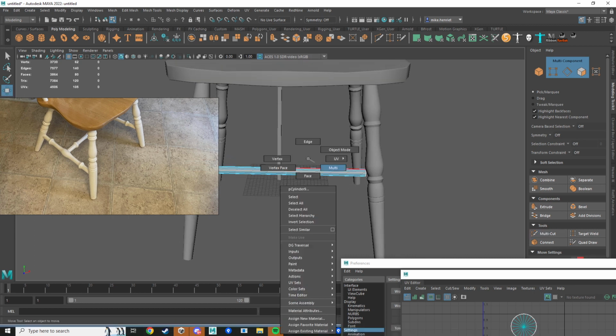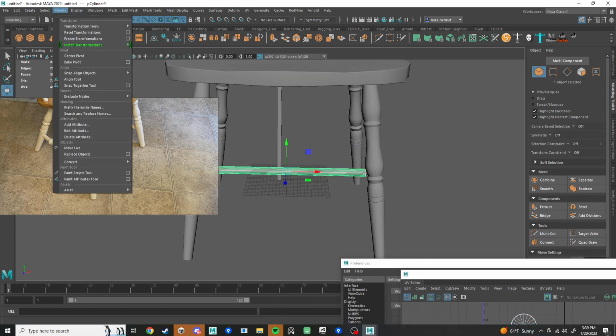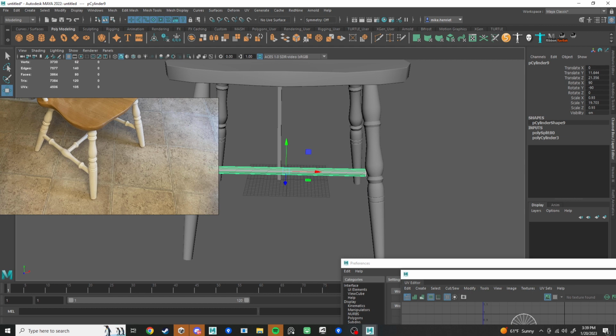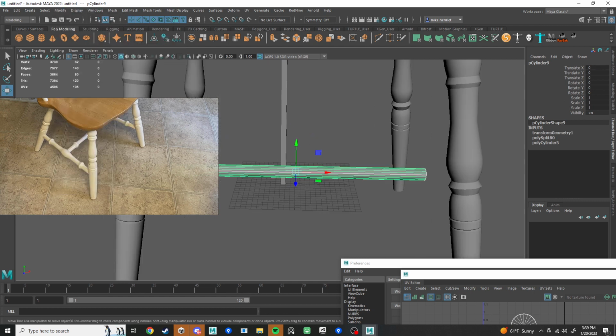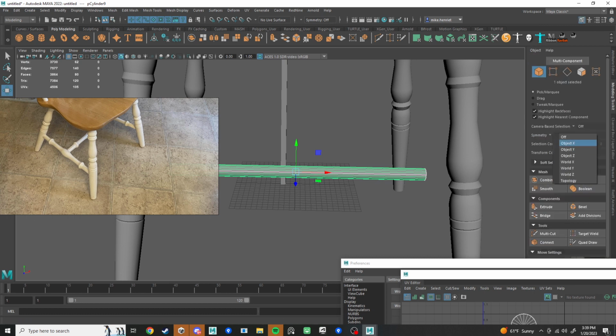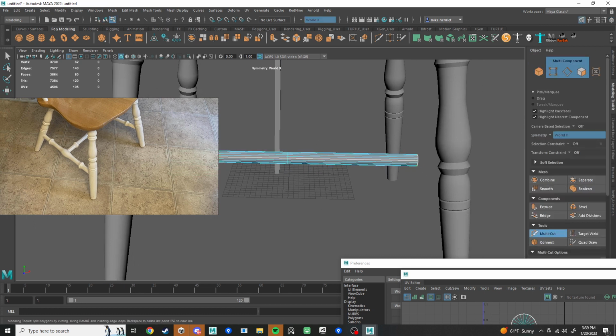Boom, right there. Let's do modify, freeze transforms, right? Because I have a bunch of transform data on there. Let's modify freeze transforms. It gets it out of there. And then let's use our modeling toolkit. Let's turn on some symmetry. World X should work for us. And I'm going to use that to